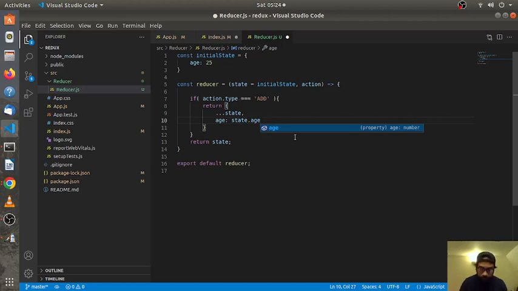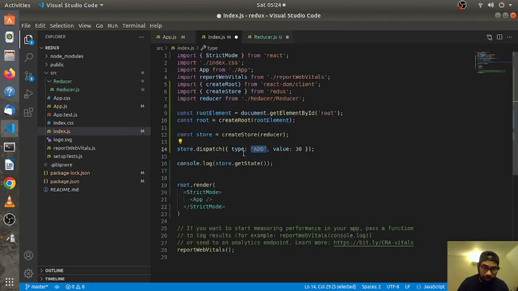Okay, so then what you can do is state.age plus action.value. Okay, why? Because we are passing the value inside the JavaScript object, which is basically named action. So if we want to access a property of a JavaScript object, we have to call the variable, or let's say